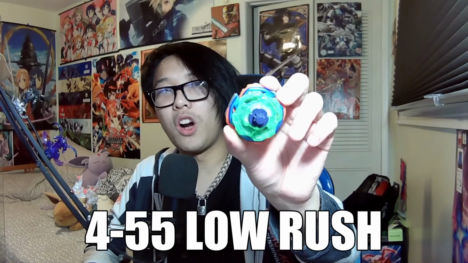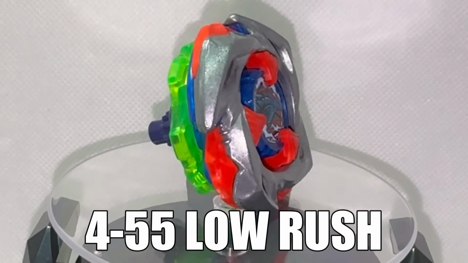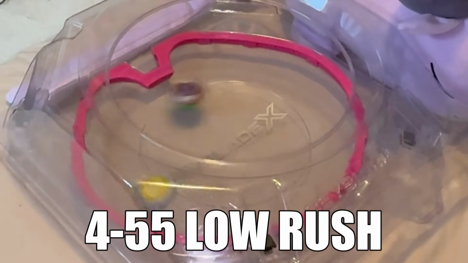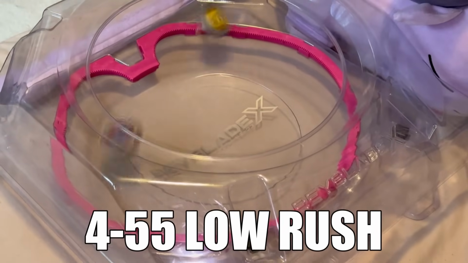Next up, 455 Low Rush. This is quite the interesting build that I just found insanely funny rather than competitive. It makes Impact Drake super low because the ratchet is 55mm, and Low Rush makes it even lower with extreme dashing, and at that low height, even though it is a 4-sided ratchet, it makes Impact Drake sort of protective